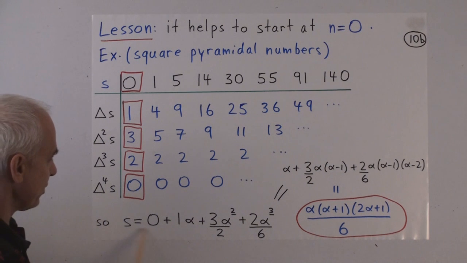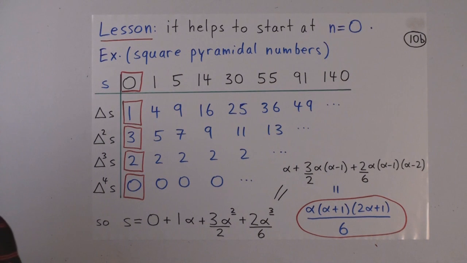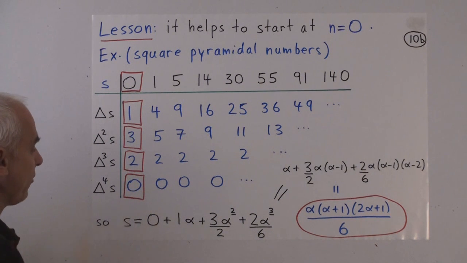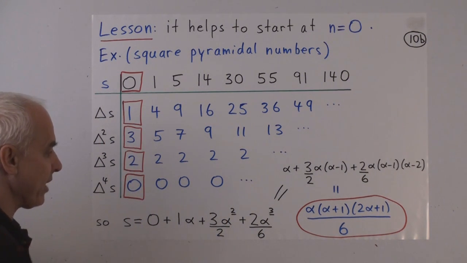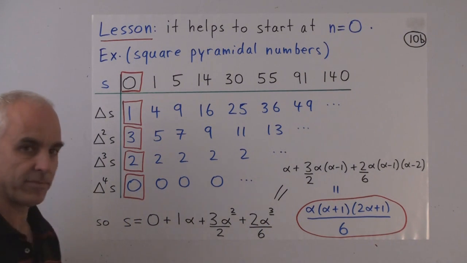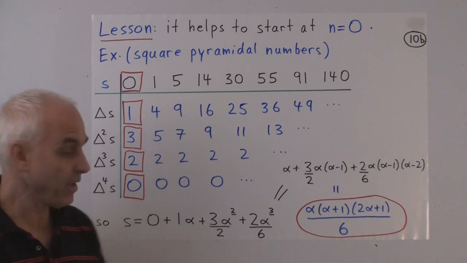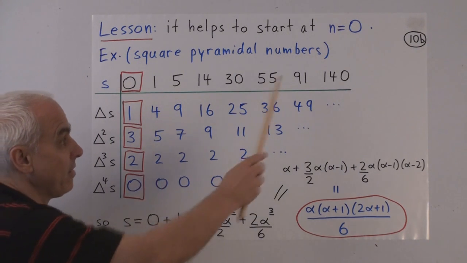And here's what Newton's formula tells us. That the sequence S that we're starting with as a polynomial is 0, that coefficient, times 1, plus 1 times alpha, plus 3 times alpha 2 lowering divided by 2, plus 2 times alpha 3 lowering divided by 6. There are no additional terms because all the subsequent forward differences are 0. If this wasn't 0, we would have to add another term here. That means we would not be working in P3.